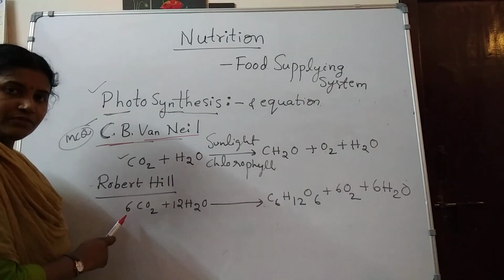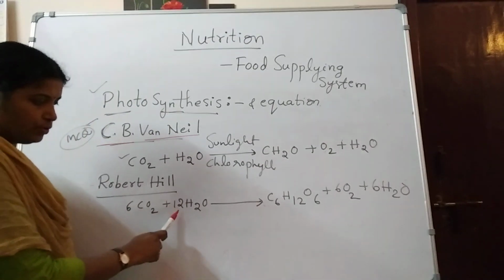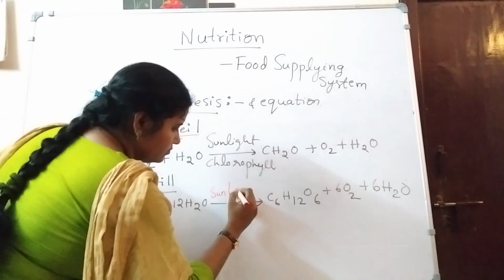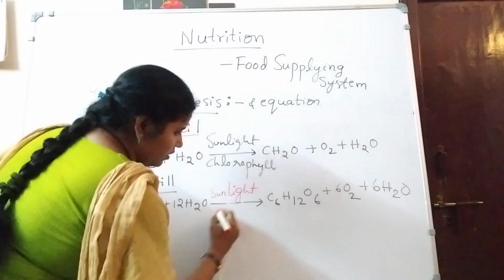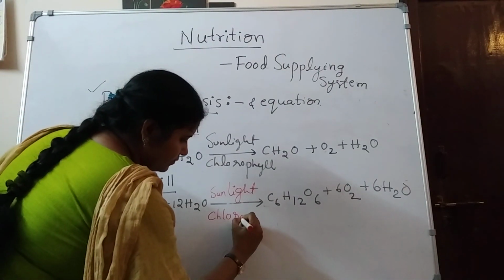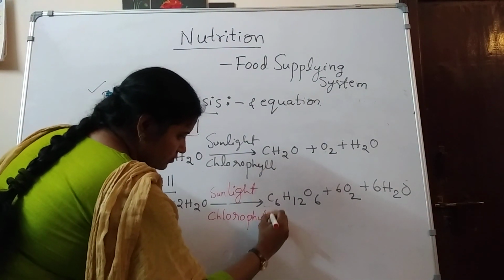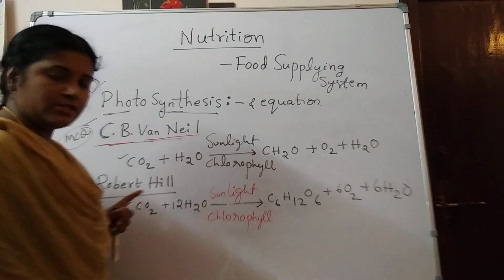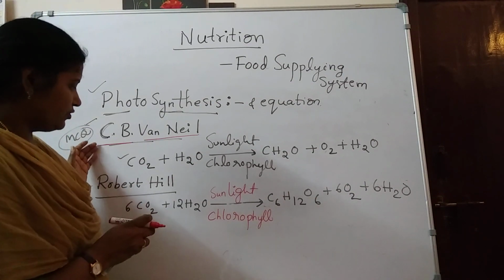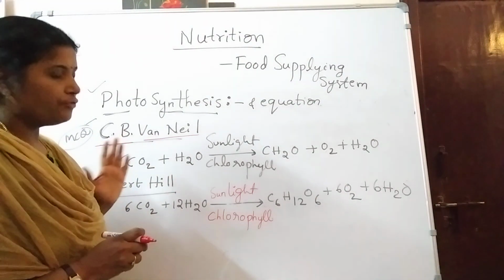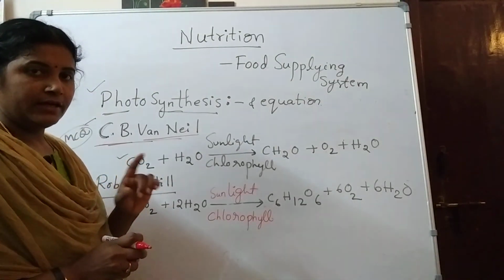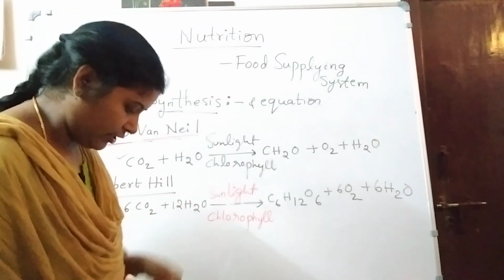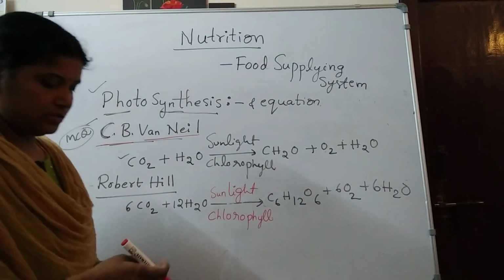That modified equation will be 6CO2, 12H2O and the same sunlight and chlorophyll. Okay, so this is the equation for photosynthesis. So the C.B. Van Niel equation and the Robert Hill equation. Now you got the definition for photosynthesis and also its equation, right? Okay, done. Next we'll go to the